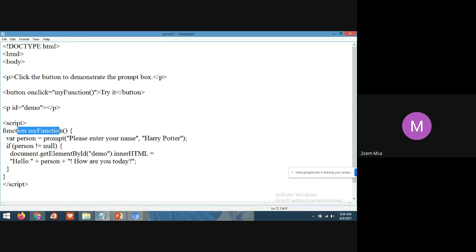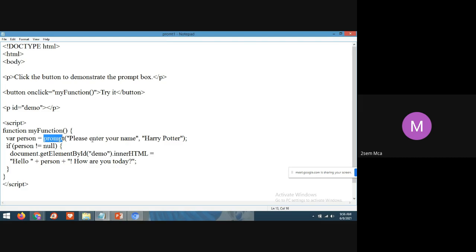what code I have written in my function is, where person is a variable I have declared, and here I am using prompt. To take an input from the user, I am using prompt. Yes, students, in lab also we have seen the Fibonacci series program, where I was using prompt to take an input from the user.